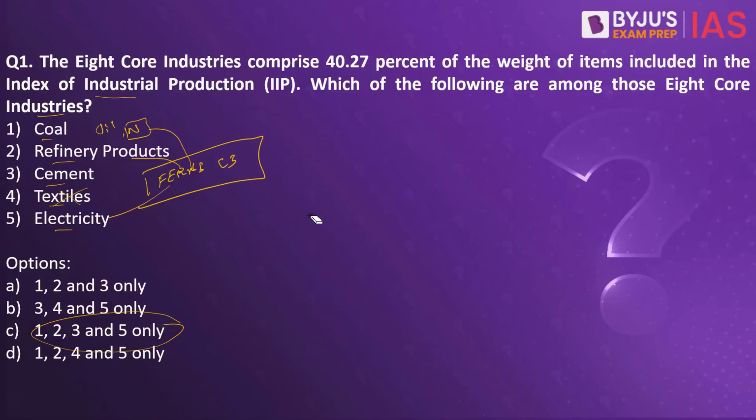What is the significance of the index of industrial production? We have a number of departments, ministries as well as companies. They make use of this index of industrial production to basically bring about policy changes. We have the Ministry of Finance, we have the Reserve Bank of India. On the basis of the index of industrial production, they bring massive changes when it comes to policy making. IIP also is used for calculation of advance GDP, so on and so forth. This happens to be the significant factor when it comes to the index of industrial production.